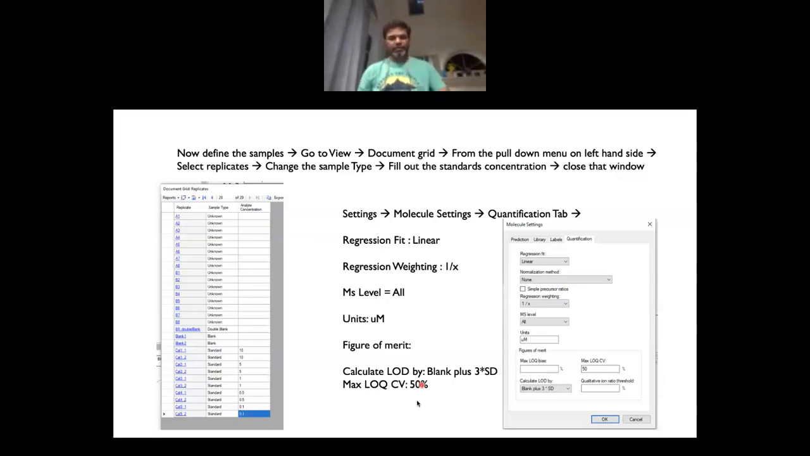And if people have already done with this part, defining the sample part, then they can go ahead with the next part, which is, again, go to settings. Now this time go to molecule settings. If you click molecule settings, it will open a window like this, and straight away go to the quantification tab, and then select all these settings. Linear regression fit is linear, regression weighing is 1 by x, or you can just leave the regression weighing as none, MS level as all, unit, because the concentration of our standards are in micromolar, so we will write